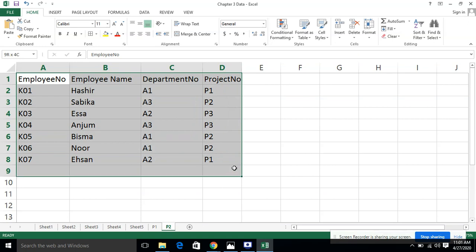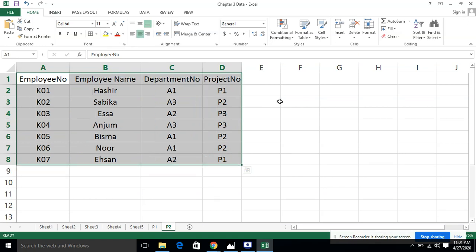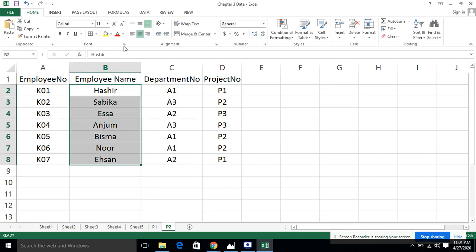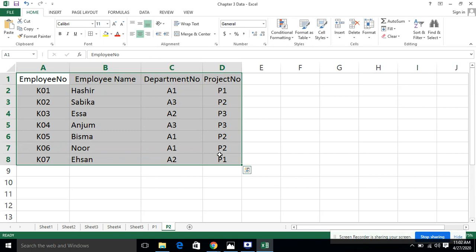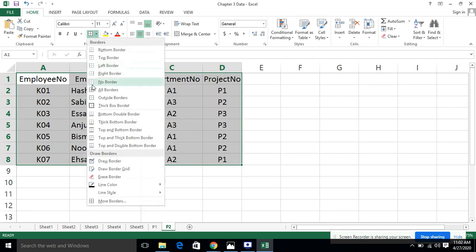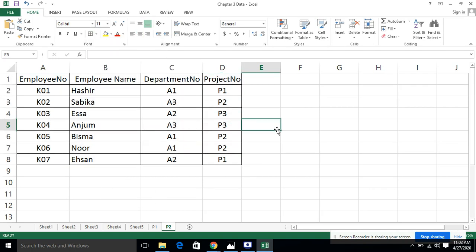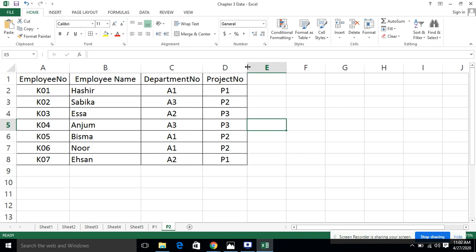We can select this data and make it center aligned, and names should be left aligned, and we can apply all borders on them by going to the all borders option. So this is basically the data.